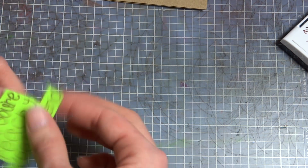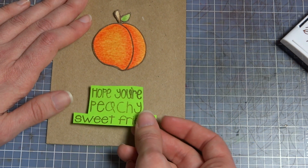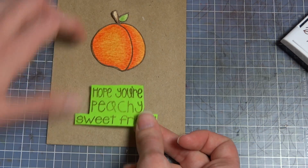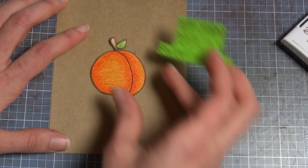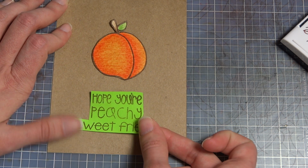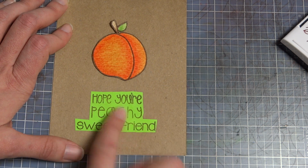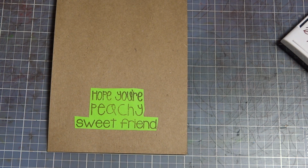And I already went and cut it out. And then I'm just going to place it where I had placed these sentiments before, using my peach to make sure I have all the placements right. And then I was looking at the craft card base, and it had lots of dots and stuff on the craft, but I didn't really like it, so I turned it over to use the back. It didn't have any crafty spots that were part of the card stock. So when I was happy, I just placed the post-it note on my card base, pressed it down,